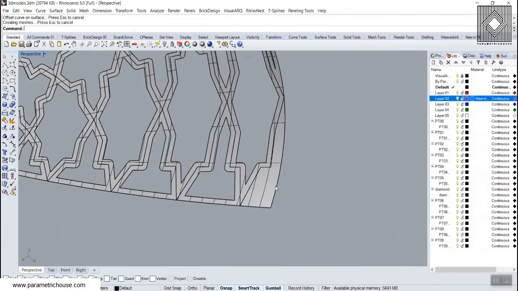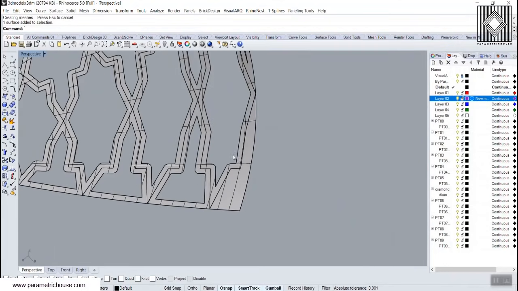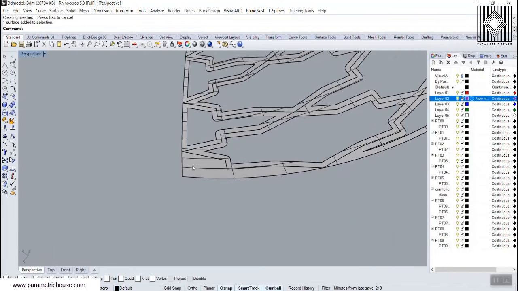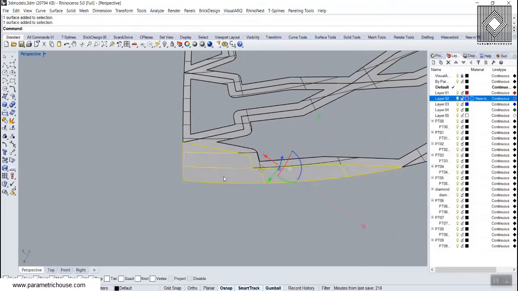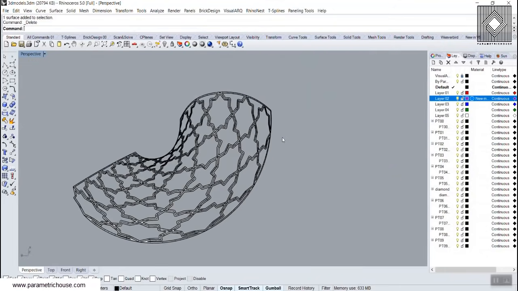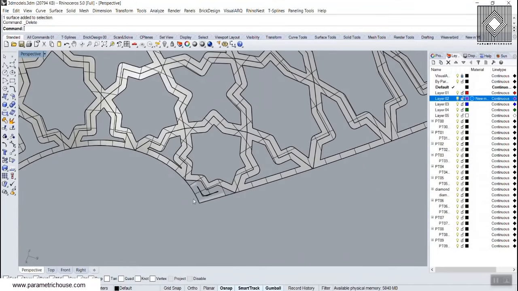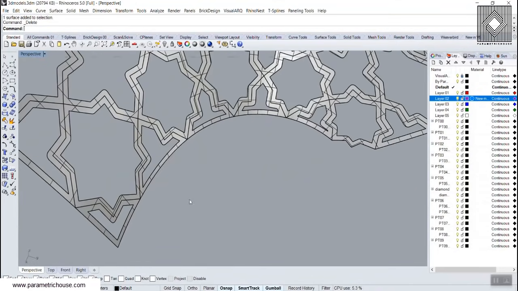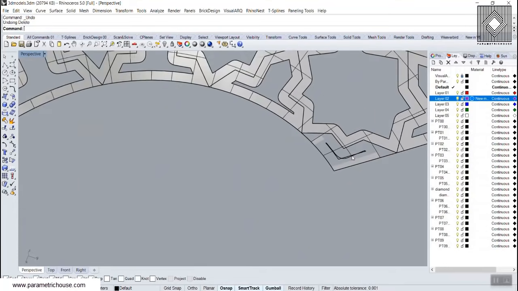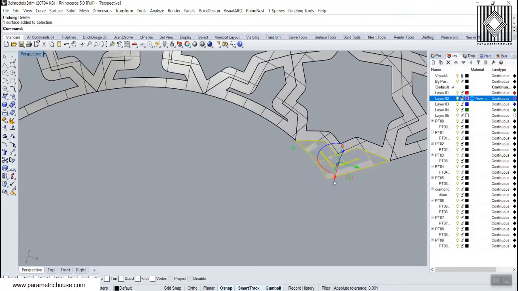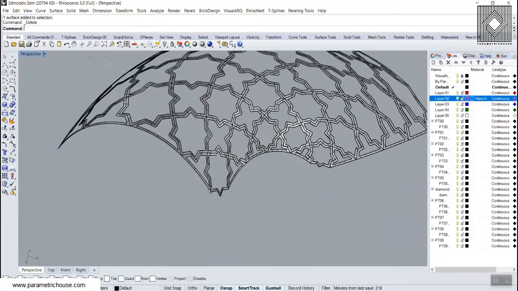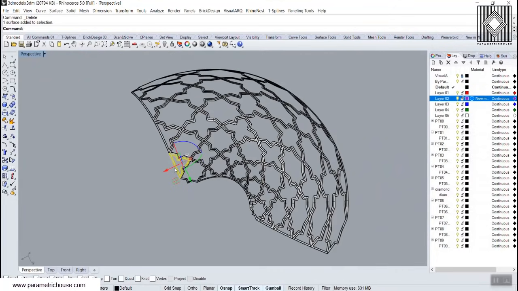Remember, the panels are important, so this is the problem with the panel. It can't offset that, so it just gave the whole panel here. So we can delete this maybe. If we don't need that, we can delete this. Let's change this and delete this one. So you can see sometimes the offset is really important and can't be produced on that surface. Okay, and now maybe I'll delete those at the corners,